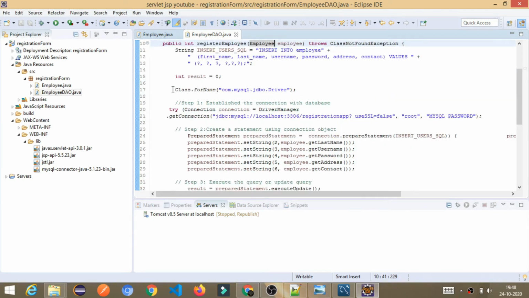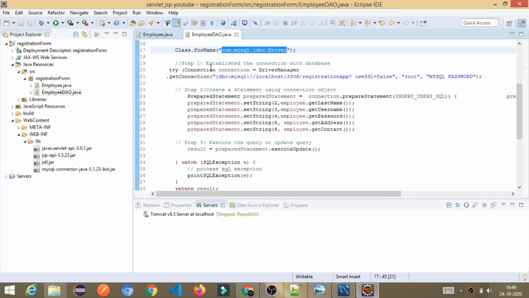Now come to the next, Class.forName. This is the MySQL driver, so for that purpose we are using this. In step number 1, I specify establishing the connection with the database. This line will establish the connection with your database, and you have to specify the URL of the database.